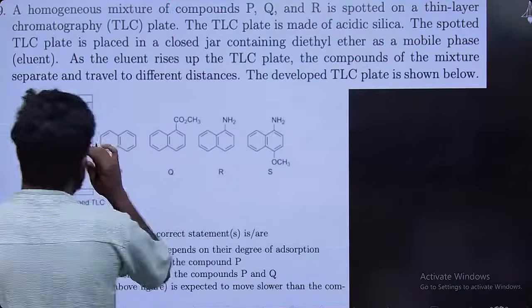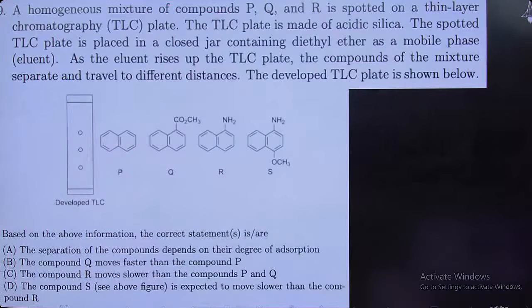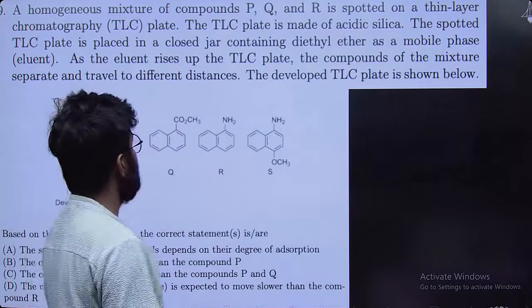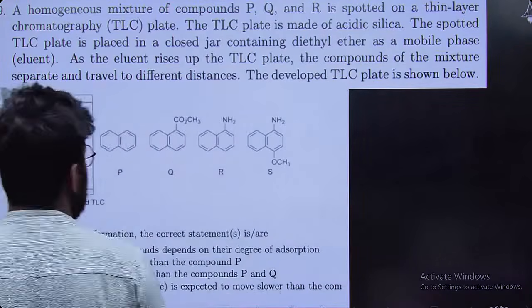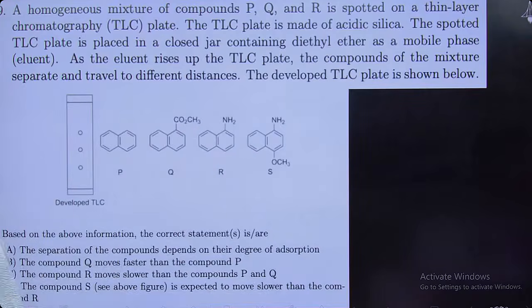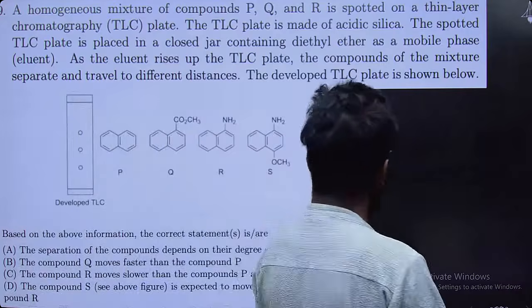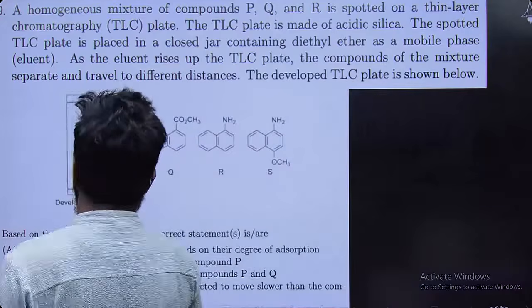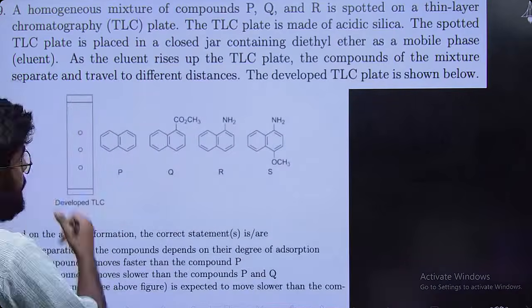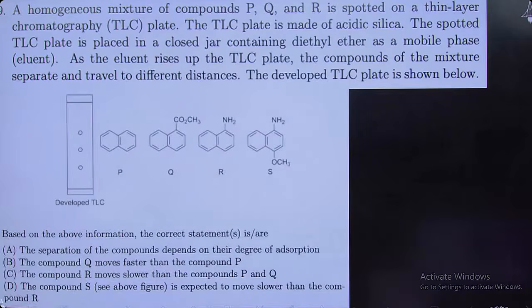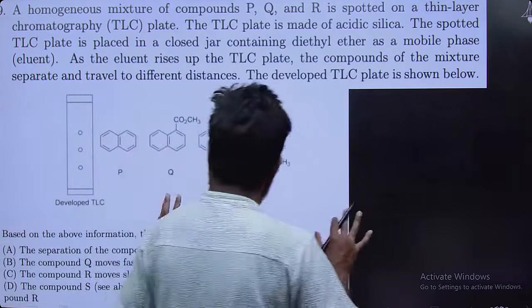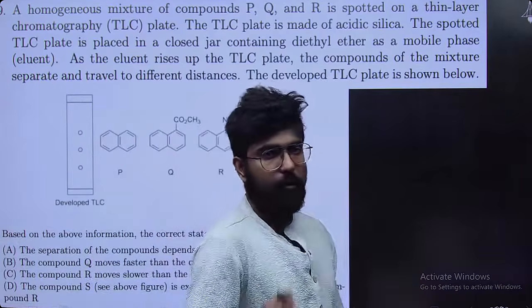Now, a homogeneous mixture of the compounds P, Q and R is spotted on a thin layer chromatography (TLC) plate. The TLC plate is made up of acidic silica. The spotted TLC plate is placed in a closed jar containing diethyl ether, meaning your solvent is diethyl ether, as a mobile phase eluent. As the eluent rises up the TLC plate, the compounds of the mixture separate and travel to different distances. Now, in such a case, you have to just remember one thing,